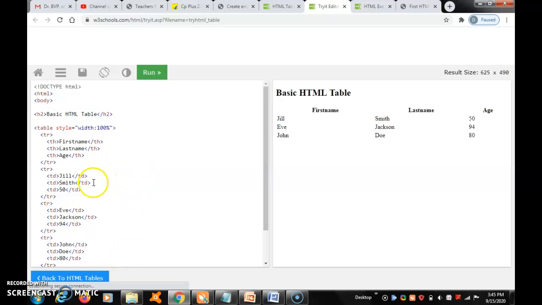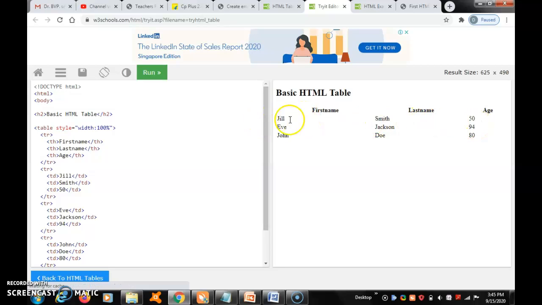So exactly see this table row. It is in a table row. Smith, table row. First name is Jill, last name is Smith, age is 50. Next table row. So the table head is this only: first name, last name, age.